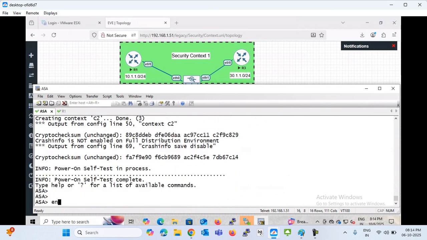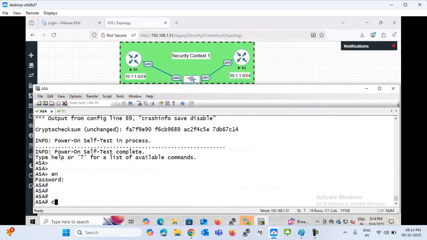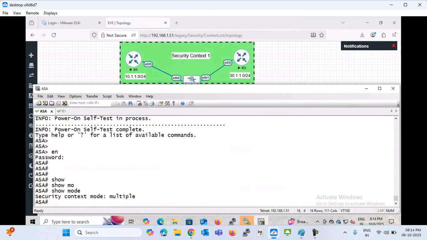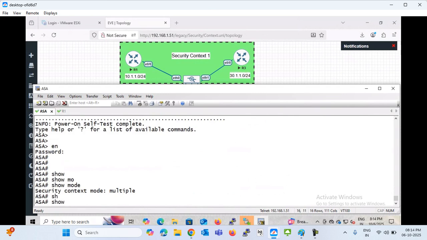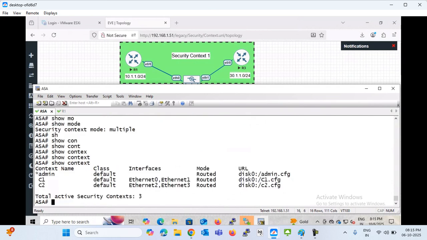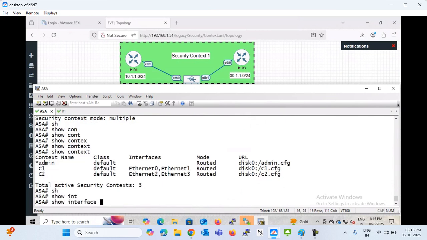First of all, you need to change the mode of the firewall. If you check, we have single mode right now. Okay, it's already multiple because of the last configuration. If I want to check show, I guess we have context configuration already here. If you check show interface IP brief,